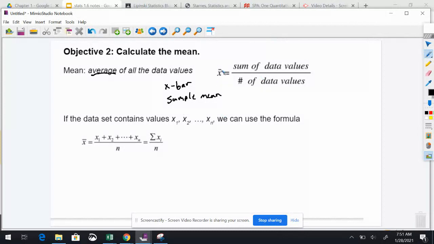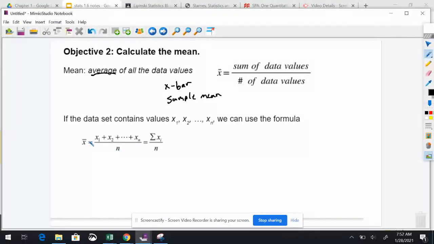As we get further, we're going to use X bar quite a bit, potentially in chapters 6, 7, 8, and 9, I believe, or 7, 8, and 9. Now, just another way that we can look at this formula: X bar is equal to X1 plus X2 plus dot, dot, dot, Xn. That takes us all the way down to the total number of values in the data. If we have 100 values of data, this Xn would end at 100,